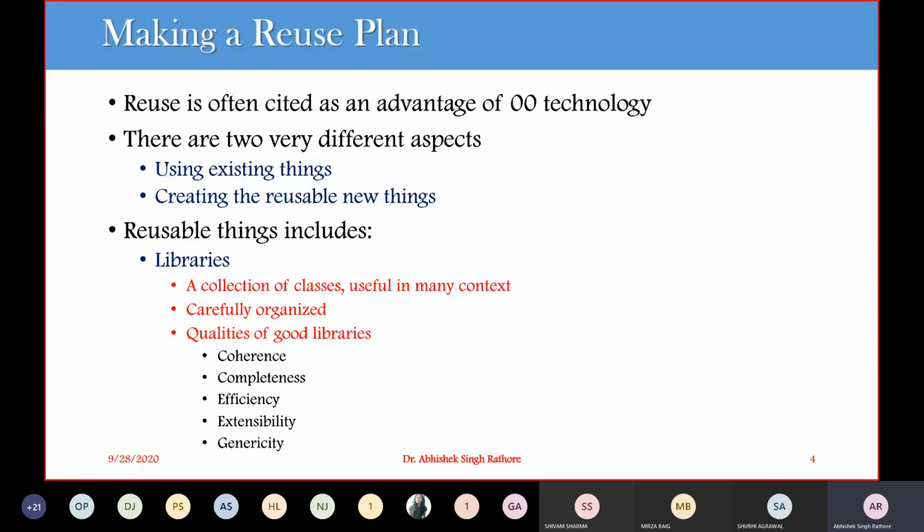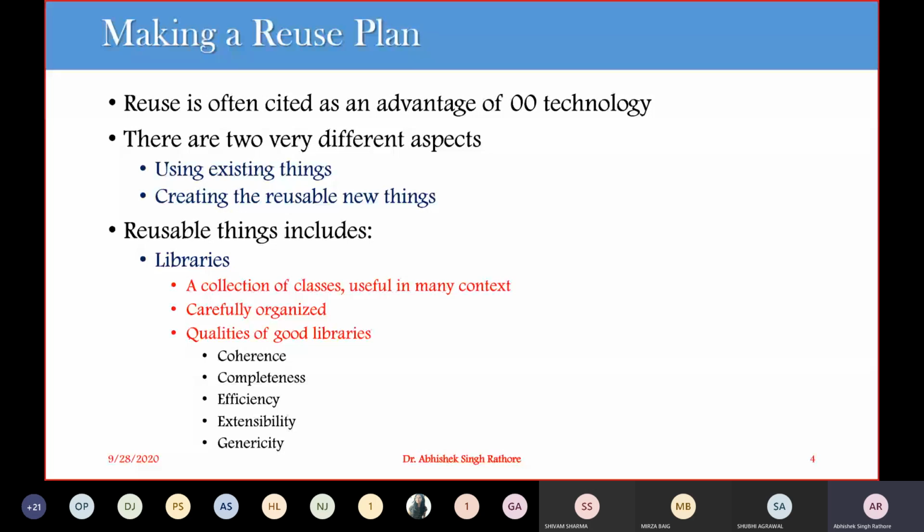So what are these? You are comfortable with the libraries, then you go for a framework, like the .NET framework or the Java virtual machine. All these are frameworks, and then we have patterns, which show how to solve a particular problem for a particular case. So these are the patterns. This is how we can achieve reusability.